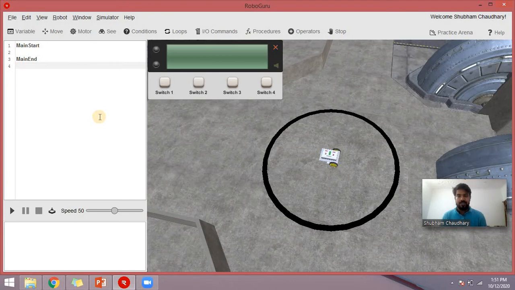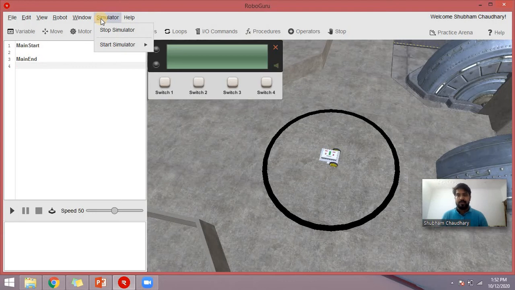I would suggest all of you to go to YouTube and search for Robox kit. You'll find a lot of videos related to it, so it's better that you see it there. RoboGuru can program a Robox kit. Even for Narayana students, this Robox kit is available at a discount. If you want to purchase a Robox kit, you can purchase it at a discount also, right?